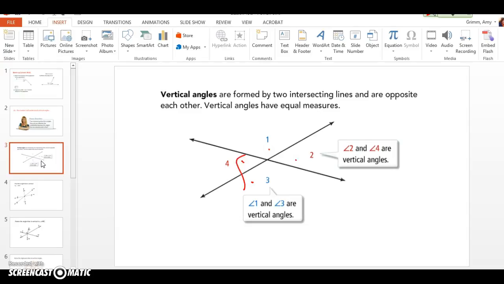And obviously they're going to have a special relationship between the two of them. So when I look at angle 2 and 4, these two are vertical, which means not only are they across from each other, they're going to be the exact same angle measure. And that's a proven fact. Those two will be exactly the same. And then 1 and 3 are vertical angles, so this obtuse angle is the exact same measure